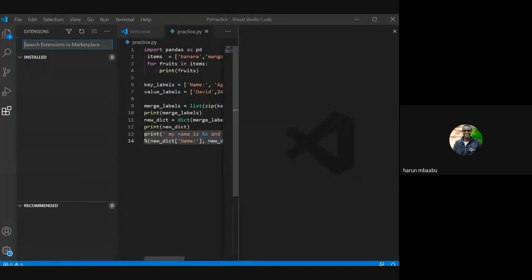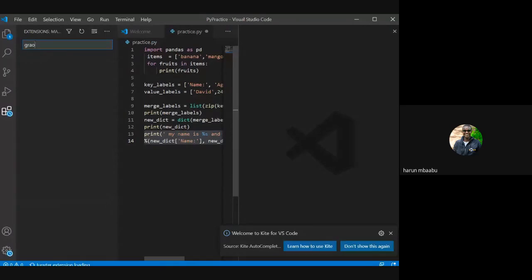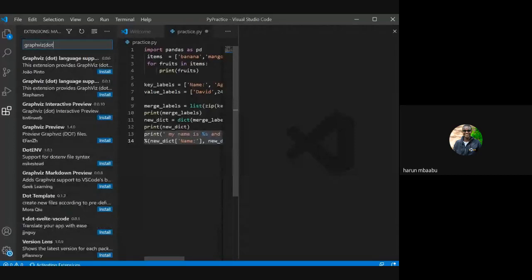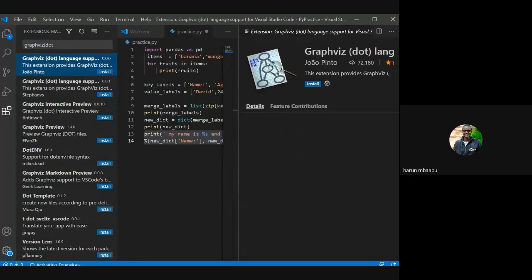So yeah, I will share VS Code. So I want to install an extension. So I will look for an extension called Graphviz, which is short form for graph visualization. I can also have dot here. Yeah, so I have to import this language support by Joao Pinto. So you can click on it and install.